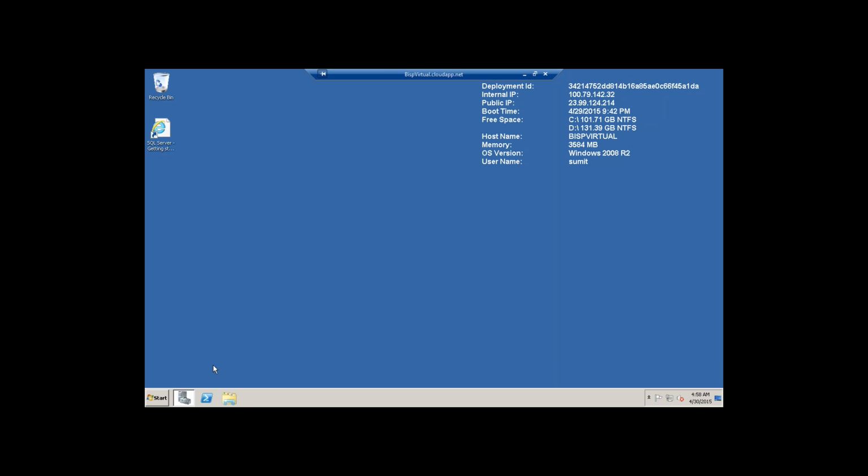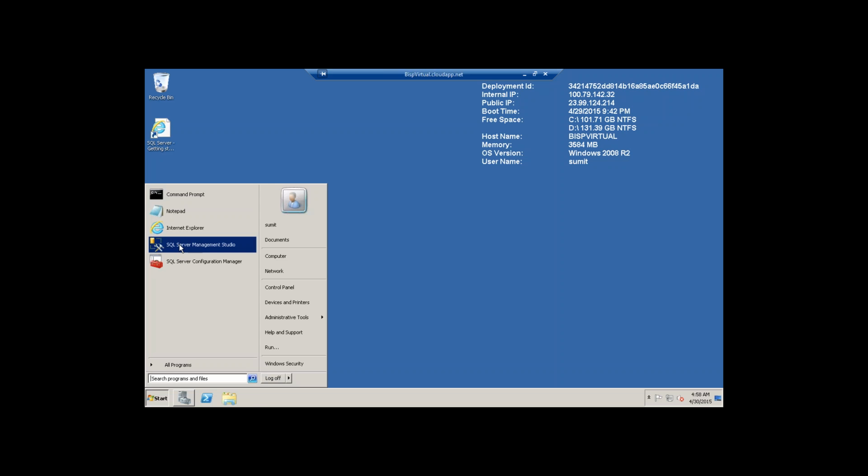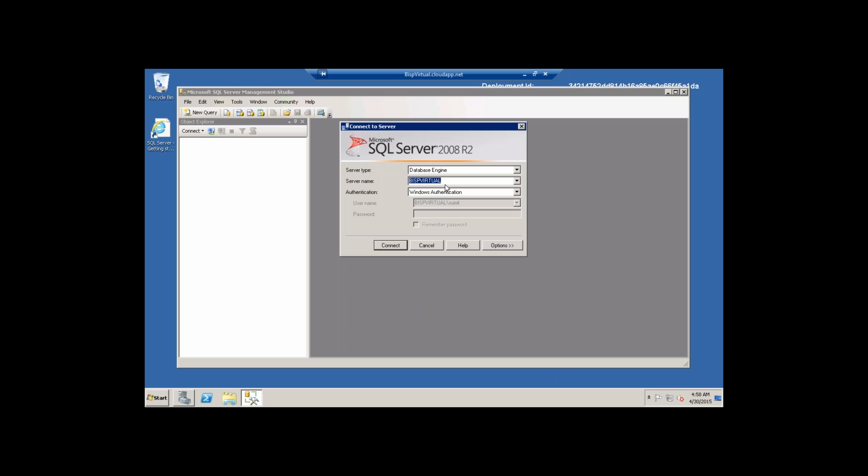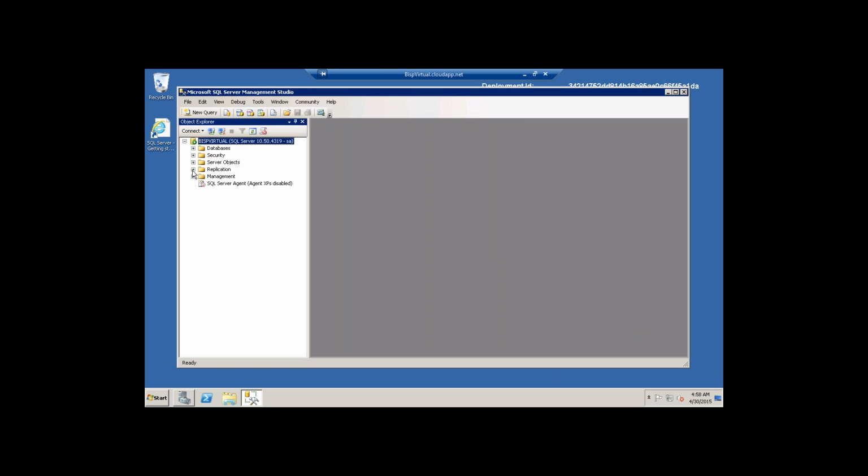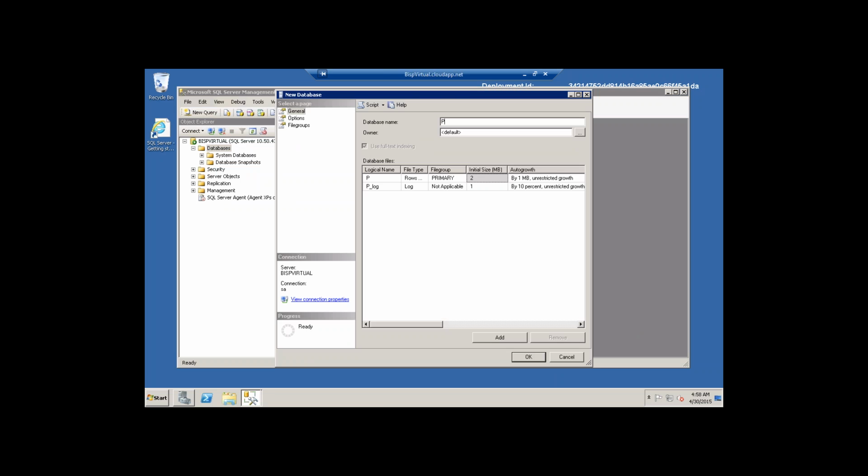Now let's log in to SQL using the SA login ID and password. So here I set SQL Server Authentication, SA, and enter the password and connect. It's connected successfully. Now very quickly I'm going to create a new database. I'll create a new database in this SQL and give it a name, product name, for that database.